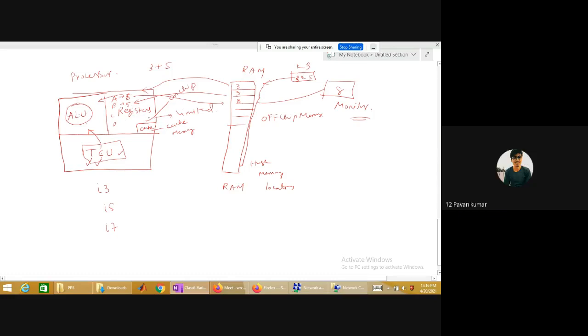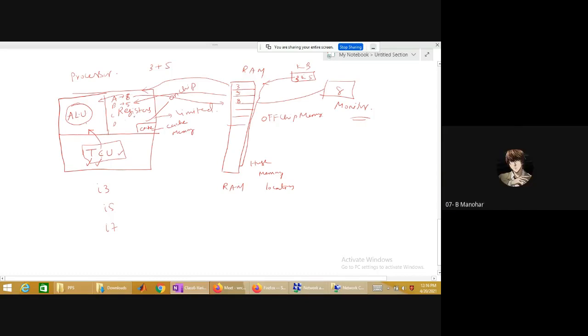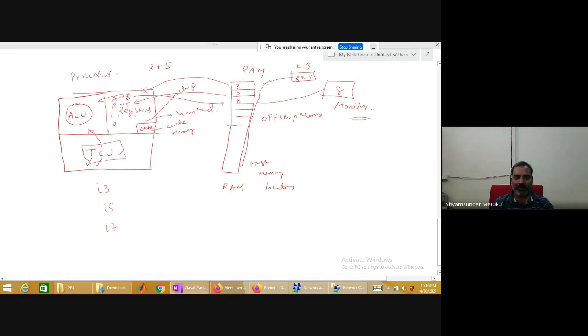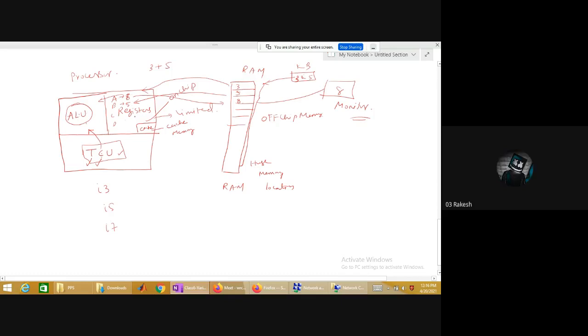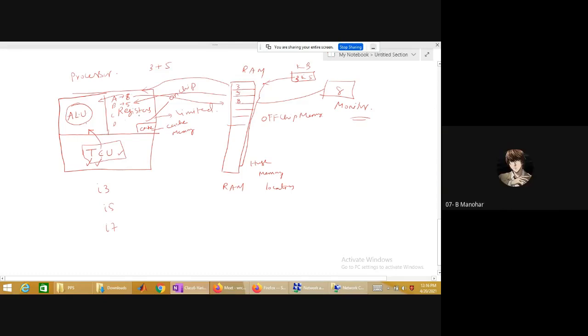Respond. Yes, sir. Okay. Now, family members will have a name or an address. You tell me. Are you giving a name or an address to the family members? Name, sir. Name, right? You don't call your family member with a 1, 2, 3, 4 kind of thing. Correct or not? Yes, sir. Because they are limited in number and they are fast accessible. Suppose your father would like to call your brother or you, they simply call by name. Yes or no? Yes, sir.